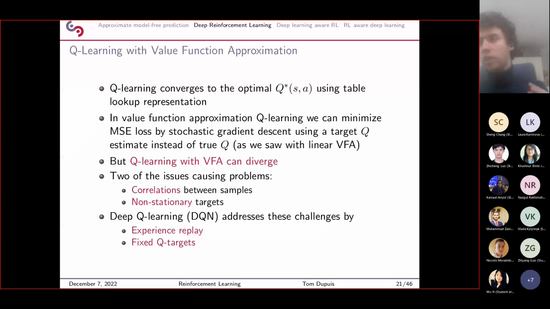Also, there's a problem of non-stationary targets. So the targets are the Q-value targets, remember? In Monte Carlo, it's the full return. In TD learning, Q-learning, it's like the one-step bootstrapped value. And well, in deep reinforcement learning, those targets are non-stationary in the sense that those target values will change